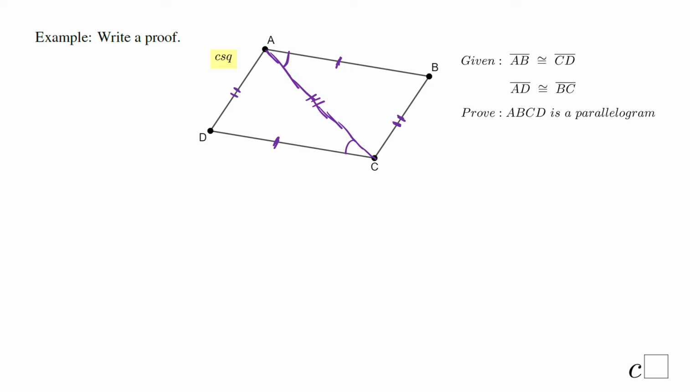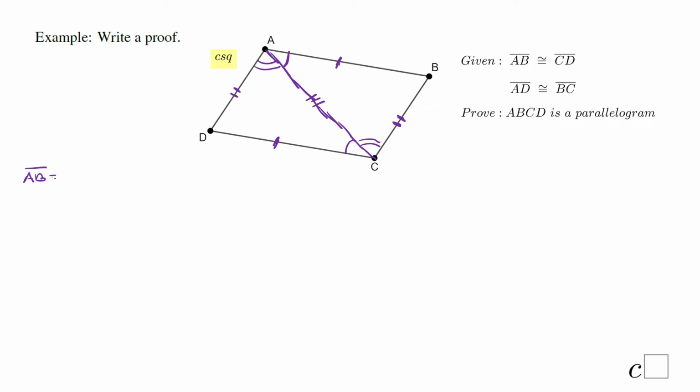Corresponding parts of congruent triangles are congruent, and then these two angles are going to be congruent. And then we have those two corresponding congruent sides are also parallel sides, so we have a parallelogram. So now let's put them, and again I'm going to use a flowchart, but of course you can use a two-column proof. So let's start with what is given, which says AB